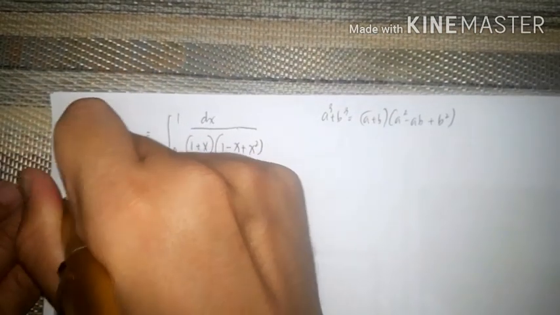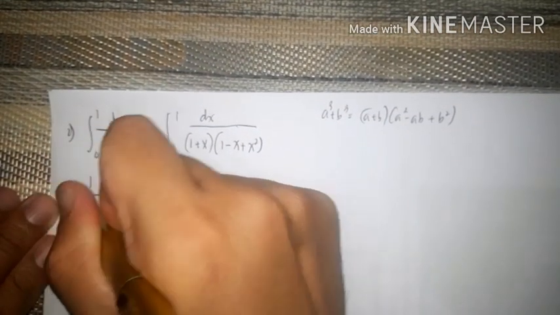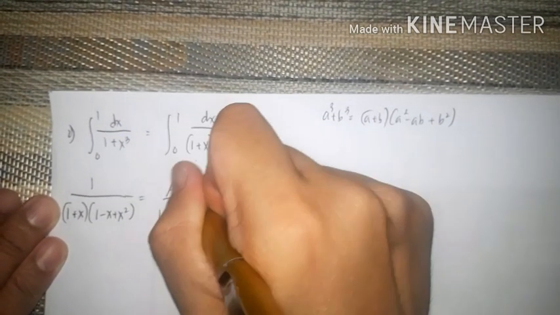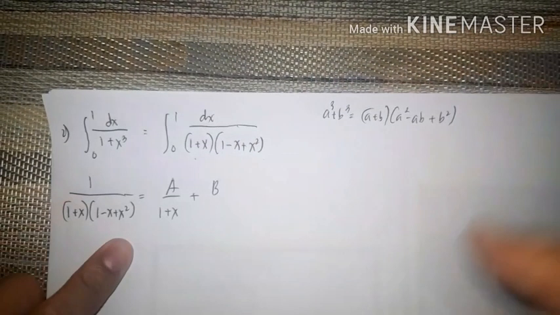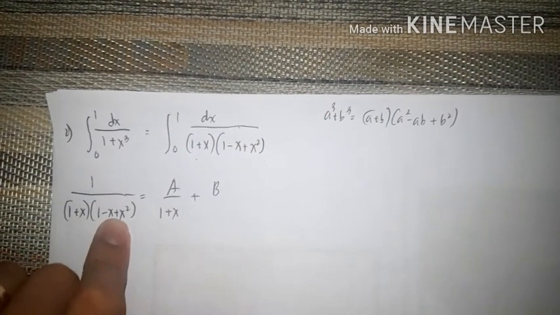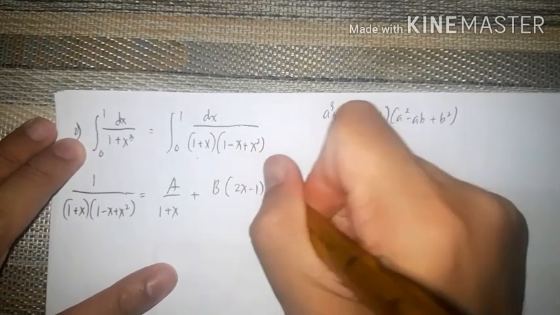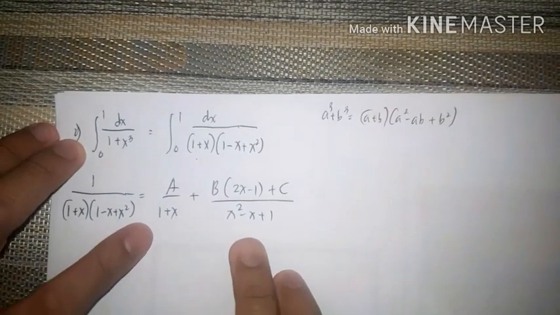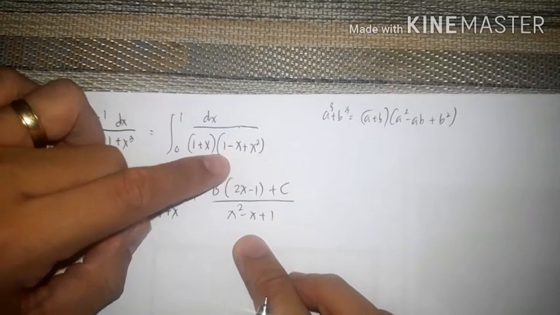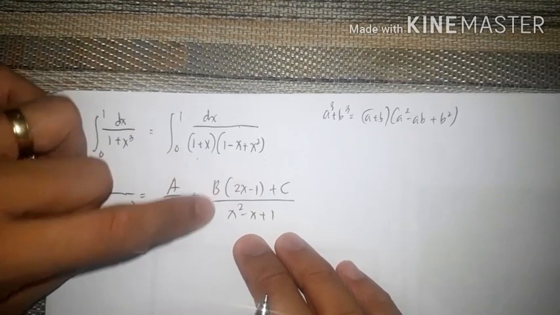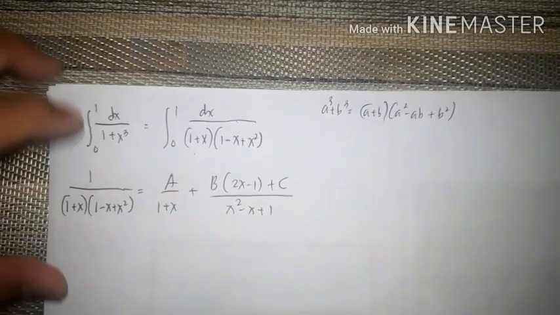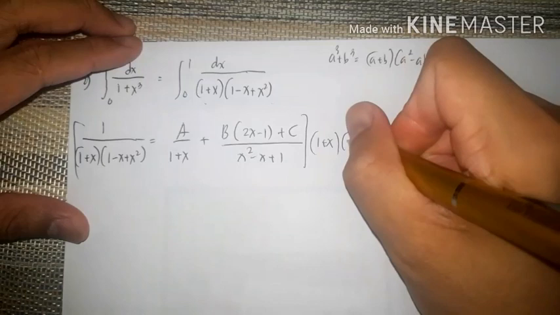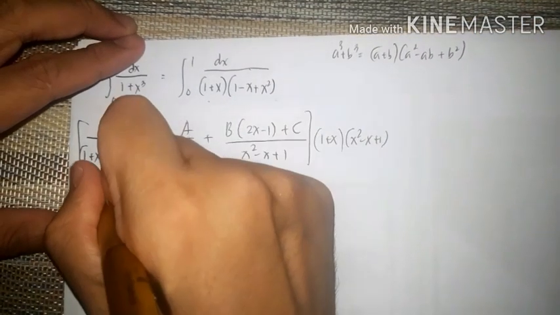So this is 1 over (1 plus x)(1 minus x plus x squared) equal to A over 1 plus x plus B multiplied by the derivative of the denominator, that is 2x minus 1, plus C over x squared minus x plus 1. Since the denominator can be rewritten as x squared minus x plus 1, B times 2x minus 1 because the derivative of this denominator is 2x minus 1. So multiplying this by our LCD, 1 plus x multiplied by x squared minus x plus 1, gives